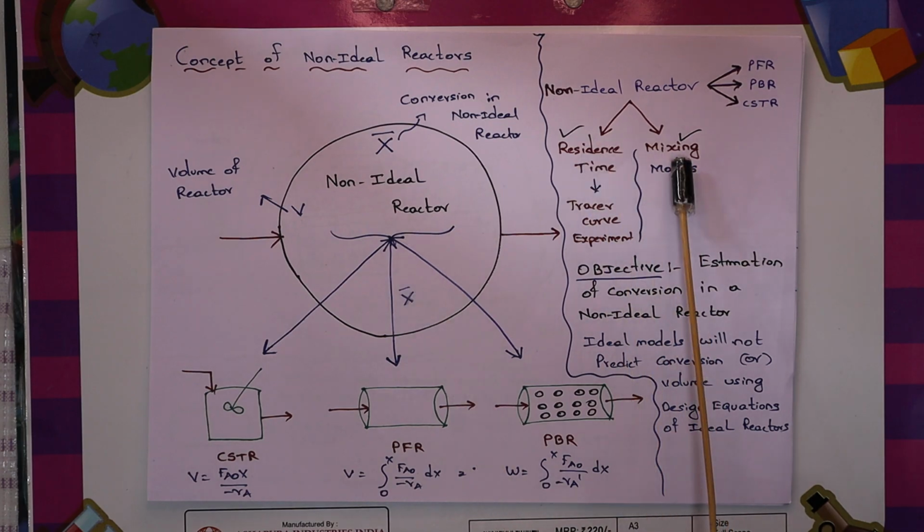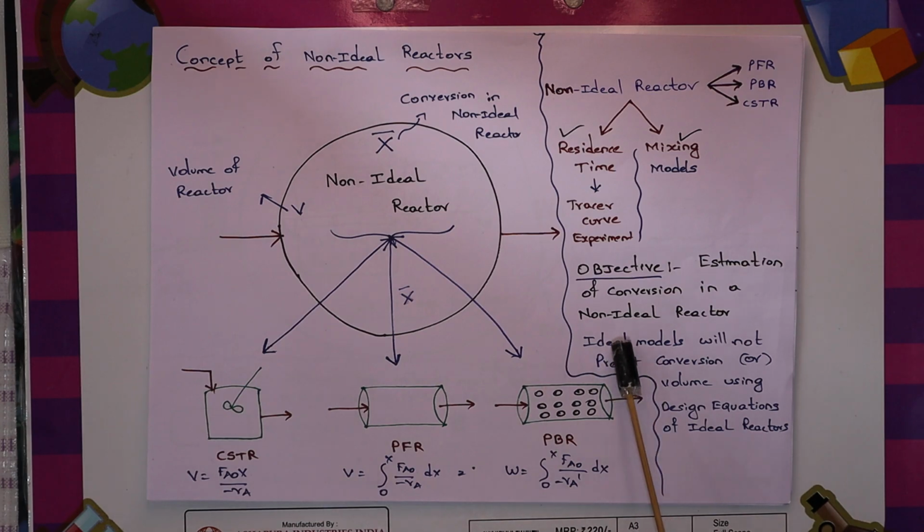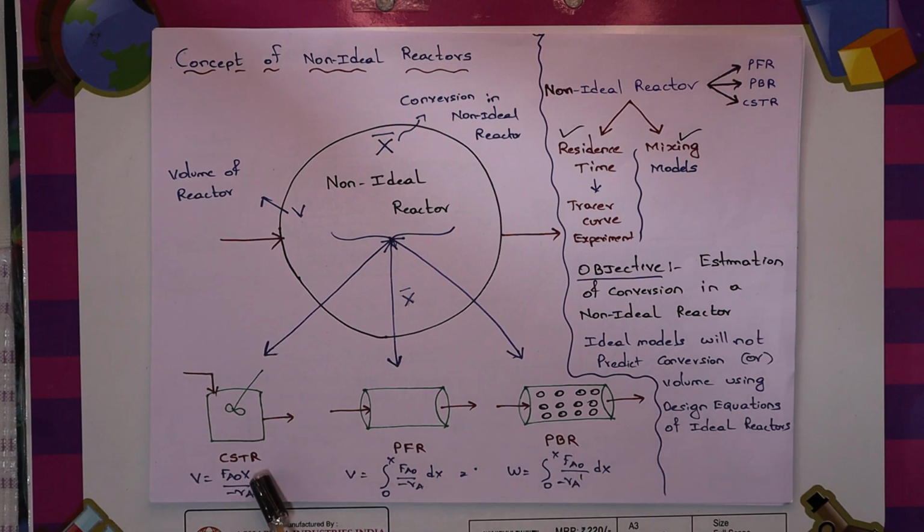When you have both, you can find out the conversion in a reactor for a particular order of reaction, because ideal models will not predict the conversion. These are the ideal models: this equation gives the volume of the CSTR for a given conversion, this one the volume of the PFR for a given conversion,